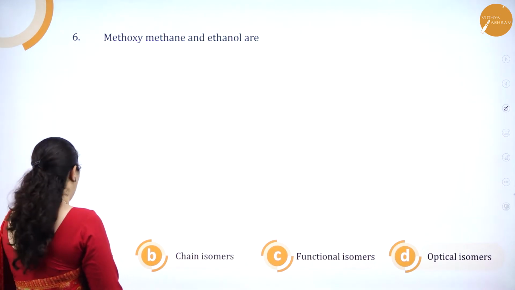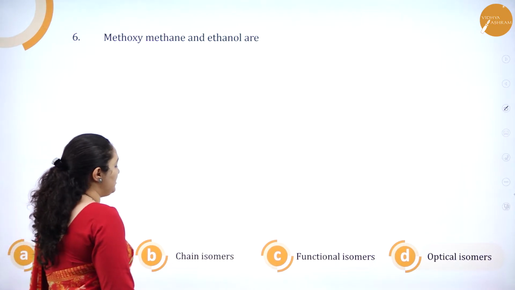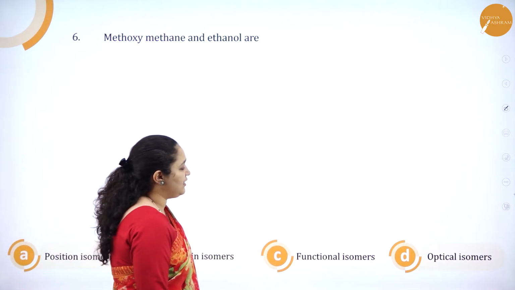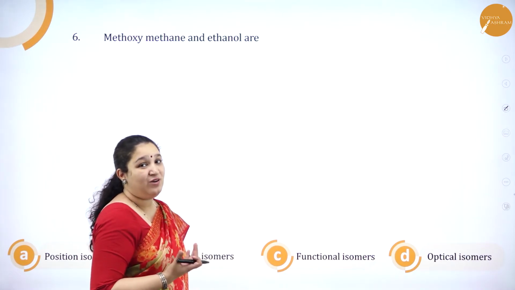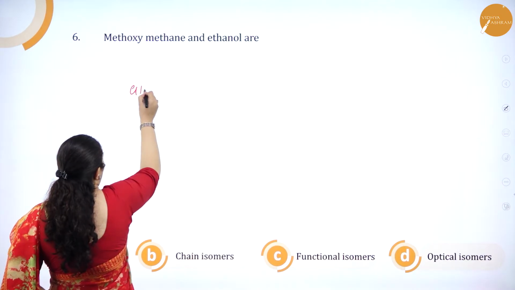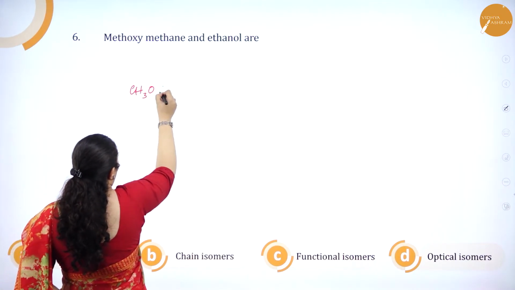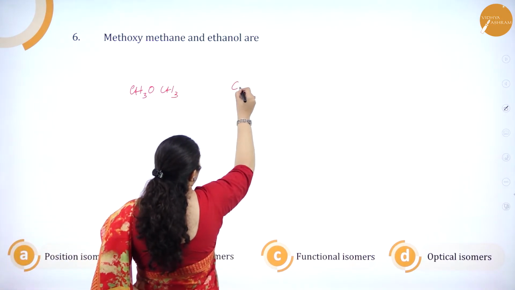Methoxymethane and ethanol are: option A, position isomer; option B, chain isomers; option C, functional isomer; option D, optical isomer. So, we have to say which type of isomers they are. Methoxymethane is CH3OCH3. Ethanol is